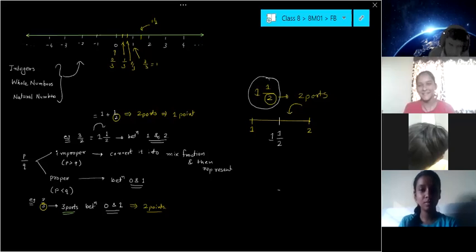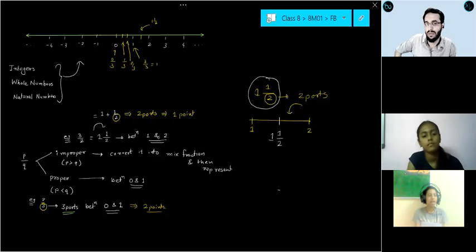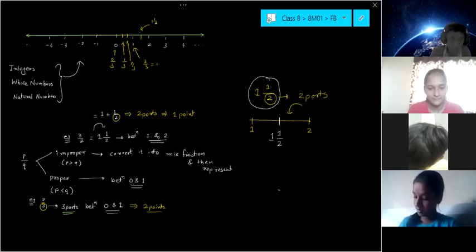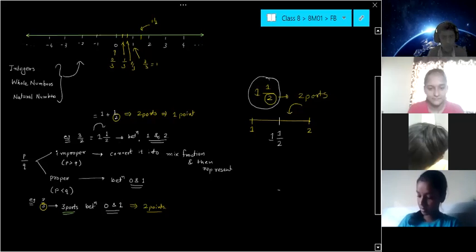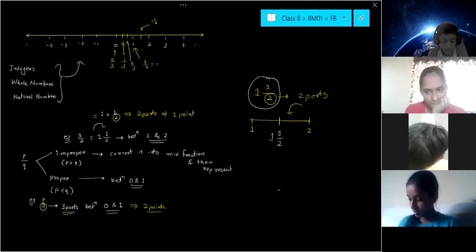Niketan, ask me your doubt. Sir, you have written 1 plus 1 by 2. Right after that, you have written something, 2 points. Is it points? No, it is between 1 and 2 that I have written. Sir, no sir, above this. 2 parts and 1 point. It means for 2 parts, only 1 point is required. Okay, sir. Thank you.